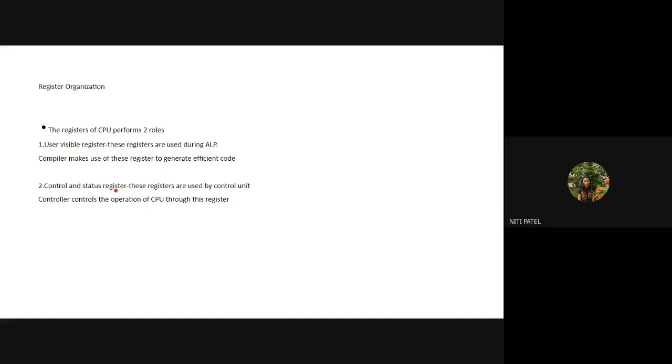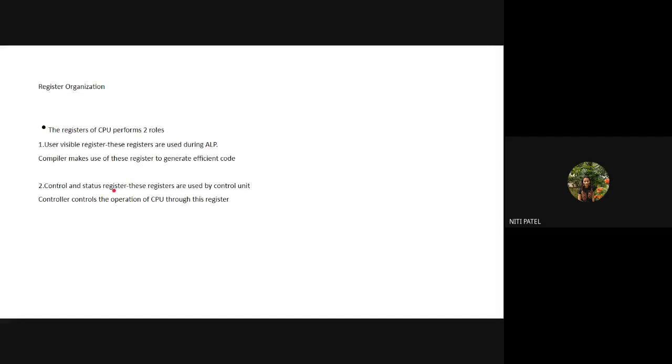ठीक है, तो अगर मैंने ऑपरेशन कर दिया, addition A plus B, और अगर कैरी जनरेट हुआ तो वो कैरी की इंफॉर्मेशन कौन देगा? स्टेटस रजिस्टर. But ये सब कंट्रोल कौन करेगा? कंट्रोल रजिस्टर. ठीक है. After a number is computed, who is going to tell me whether it is a signed number that is positive, or if it is unsigned? It will be told by the status register.